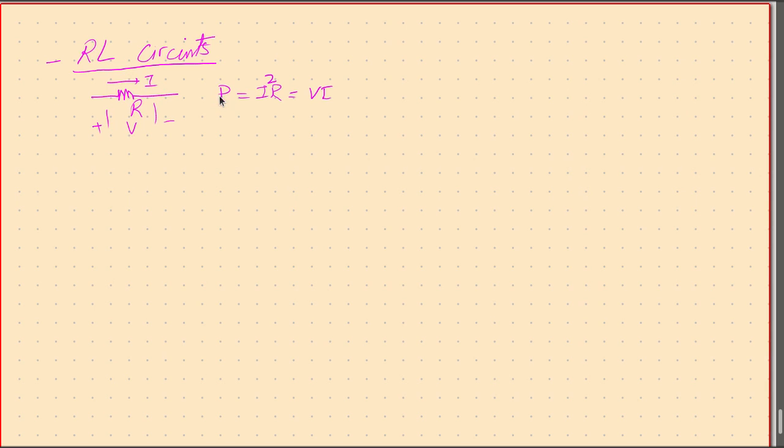So this much is the power being dissipated through a resistor. For a resistor to make current flow, the two ends of the resistor should have different potentials. Done. The other component we have is an inductor, and